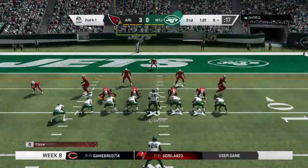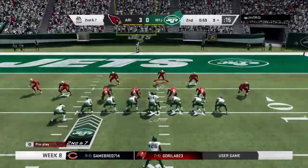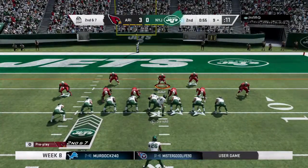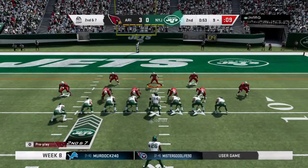Hey, 3 yards on that last carry. Here's 2nd and 7. I'm coming after you. Kill. Hey, turn it